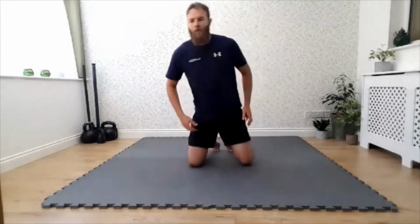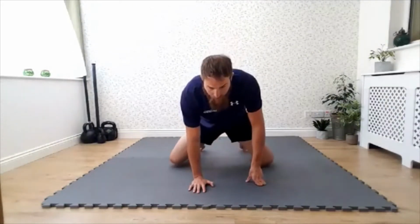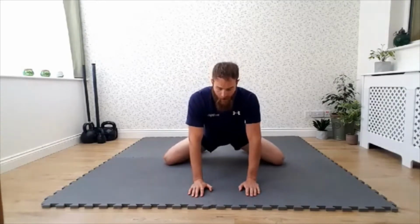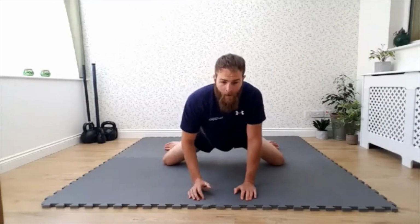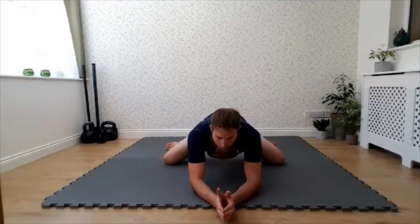So our first movement that we're going to do, we're just going to loosen our hips. Same as we've done in our classes before, you're going to drop your hips nice and far apart. We have got some different moves coming in today, guys, so it's not all going to be exactly the same, but this one's a pretty effective movement for getting those hips nice and loose. So knees as far apart as you can get them, feet out to the side, almost like you're splayed, like a frog would be, and you can come down onto your forearms if you'd like, just rocking forwards and backwards there